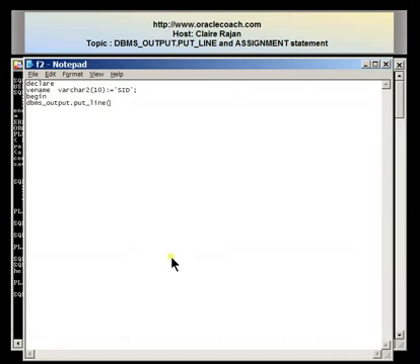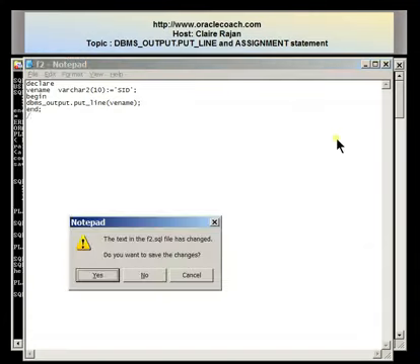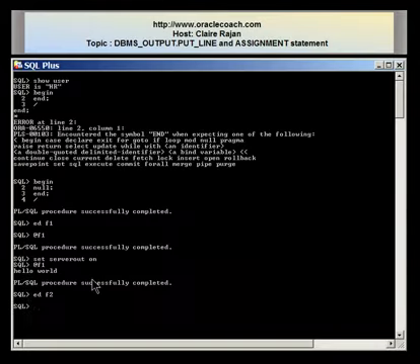Now I'm not going to display a string, but I'm going to display a variable, and the variable is the VENAME variable. Notice that I've not enclosed it in single quotes. I've closed the parentheses. I've terminated the statement followed by my end forward slash. Do I want to save the changes? Yes. Executing the statement, it now shows me the name of the variable, which is SID, followed by the completion